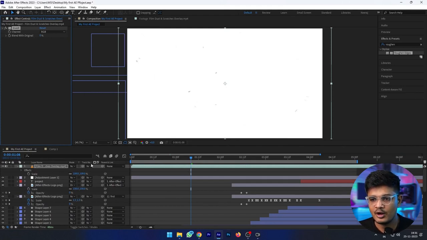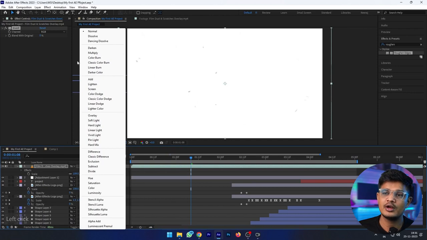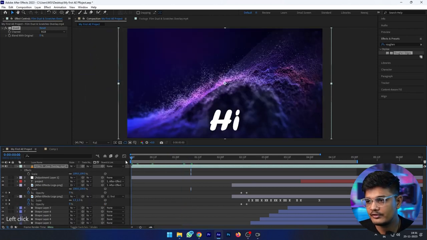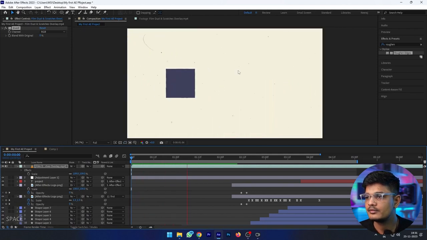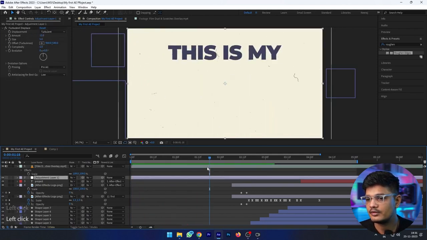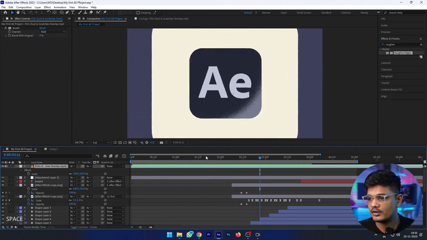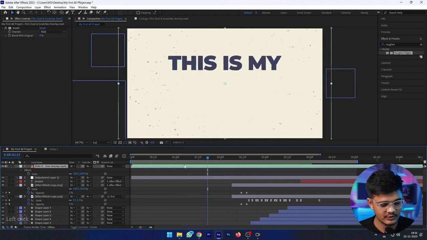Okay, now we can use the multiply blending mode, and now it is giving us this, but this is very fast. So this is so much opaque.